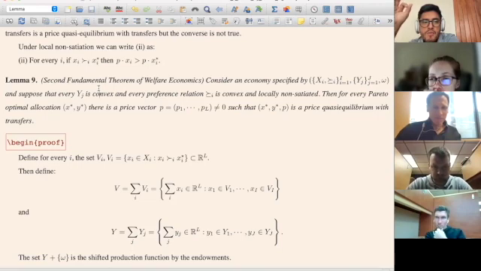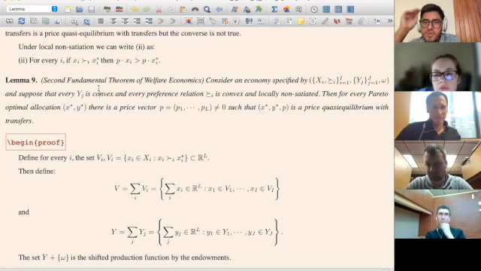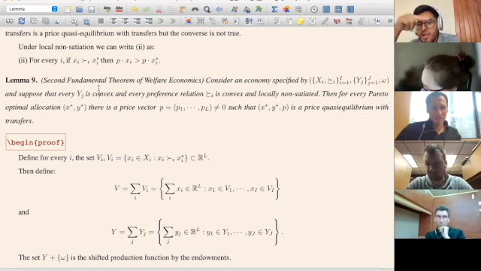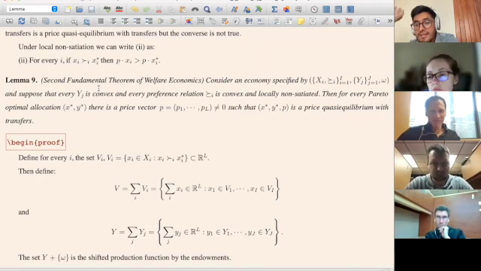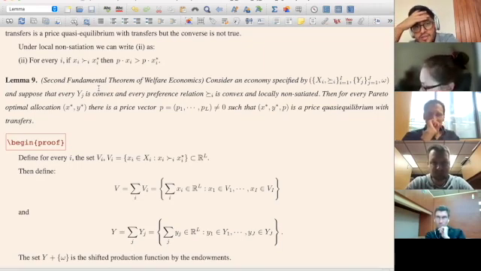Then for every Pareto optimal allocation X star, Y star, there is a price vector P different from 0. Notice we are not requiring at this stage that prices are positive. This P vector is just different from 0, and this notation means that not all entries are 0. So there is at least one entry that is not 0,